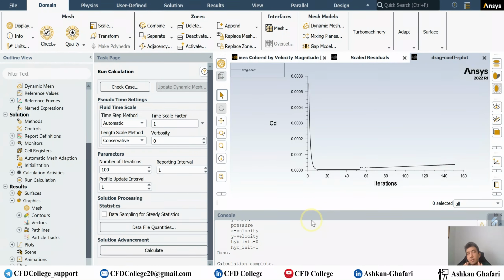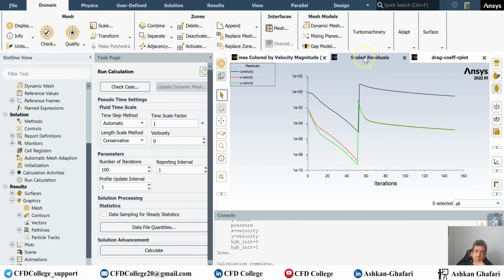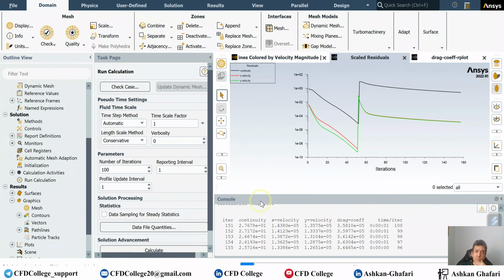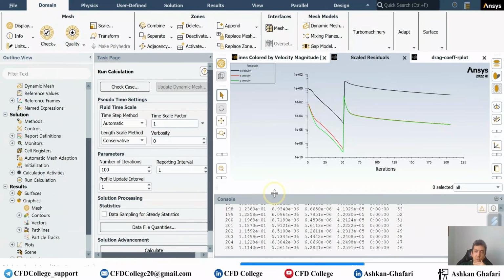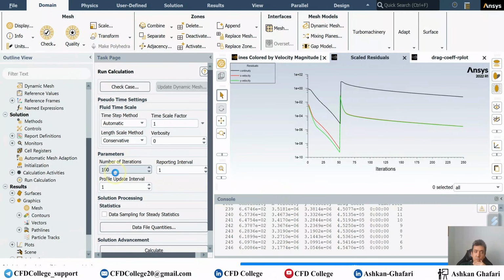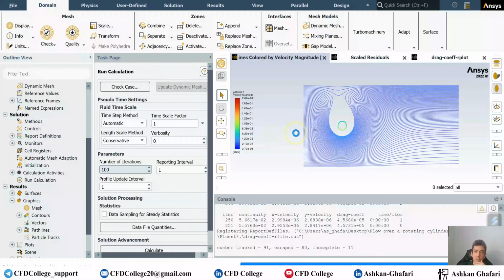So, when the speed of the flow is much smaller than the speed of the rotation, you should have really big domain from sides, from up and down. Since here, let's do the calculations for 100 iterations more,